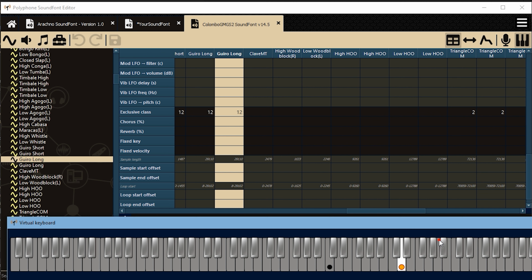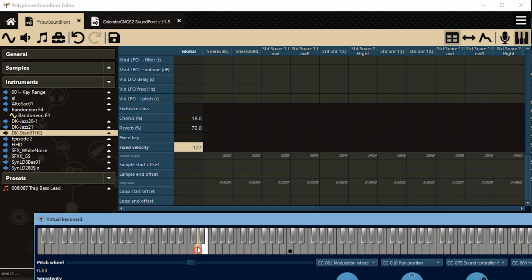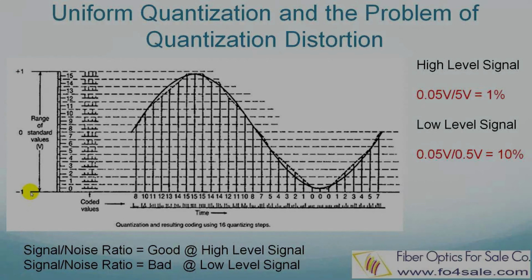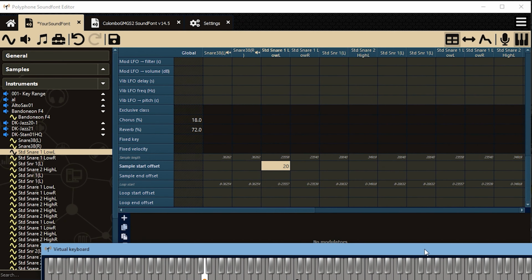You can disable the velocity sensitivity of a given sample and lock it to one specific velocity value by this field. The next grayed out italic field shows the length of your audio file in samples. That whole lore of PCM, what to do. Sample start offset and end offset is here to perform minuscule delays, simulate fine trimmings, and even dodge out loops.